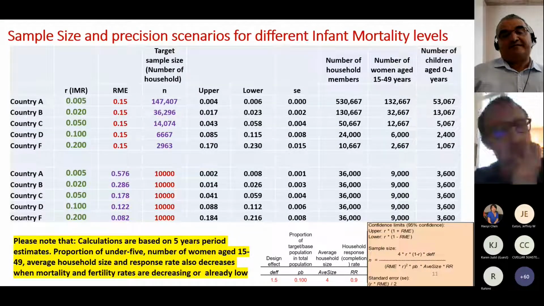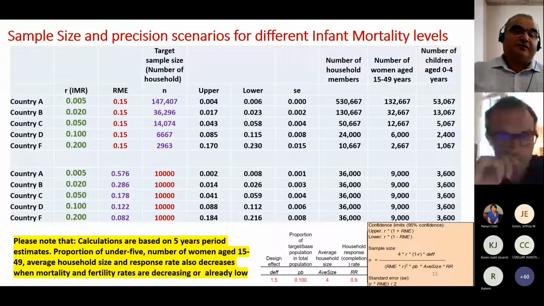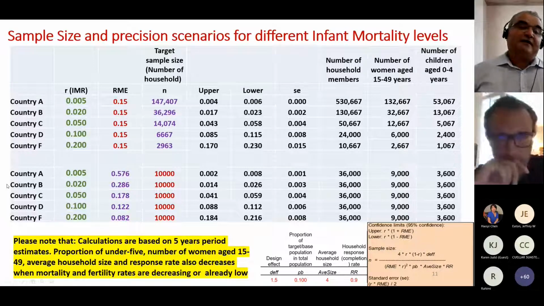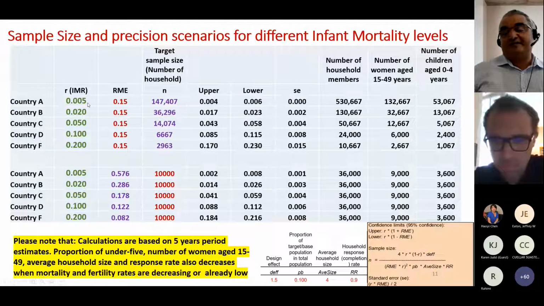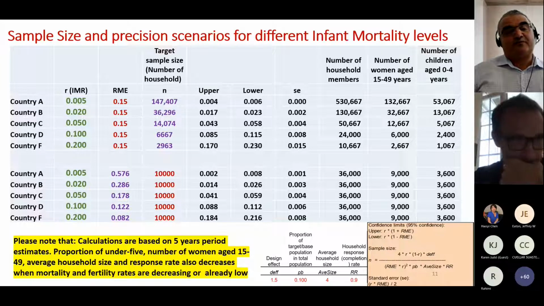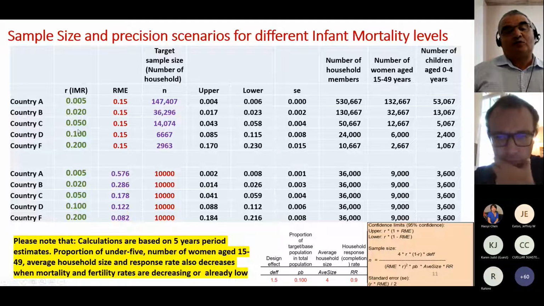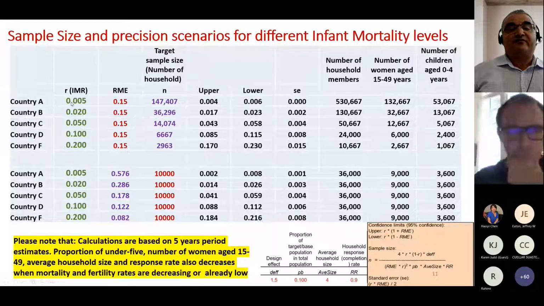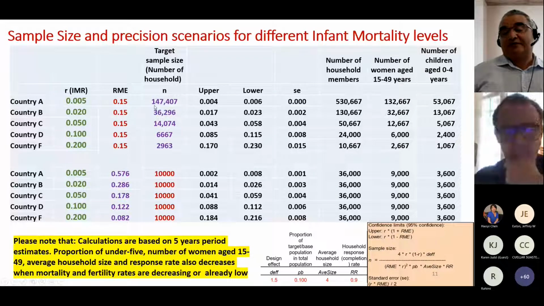I just made a simulation of 2 different approaches to calculate the infant mortality level, but we can also consider this for some other mortality level. I assume we have 5 countries. The first one has an infant mortality of 5 per 1,000. The last one is 200 per 1,000. Globally, we know that the figure is around 37 per 1,000. So most probably the first 3 countries represent most of the countries in the world. If I am looking for an RME level of 15%, meaning that my confidence interval width is 50% of my point value, I need to go almost 150